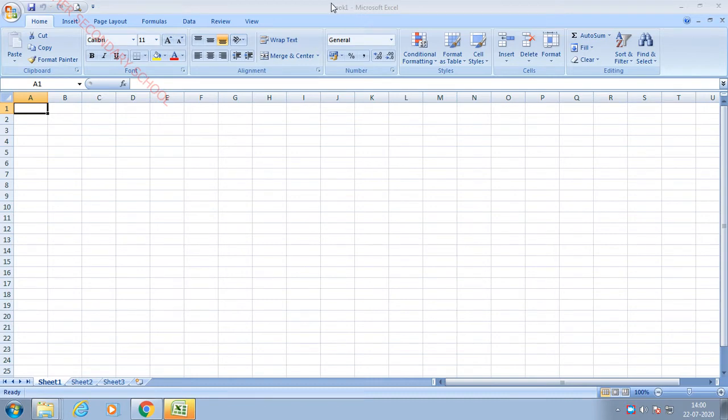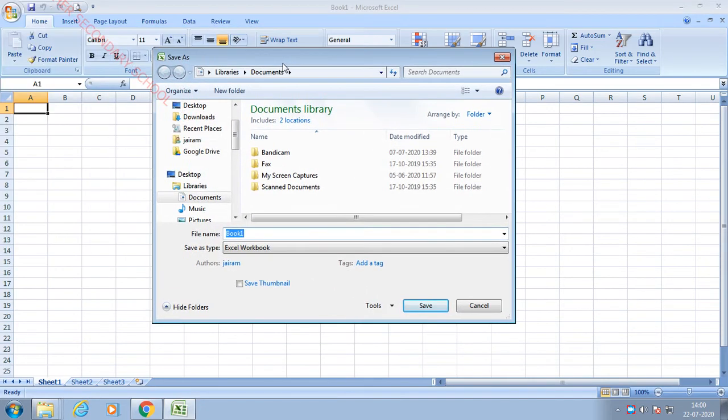If you would like to change the name of the Excel file, you can change it with the help of the save as option. Let us see how to open the save as dialog box. For that you have to press the office button. After pressing the office button, you will get a menu. Here you have to choose the save option or save as. Now I am going to click the save as option. After clicking it, you will get a save as dialog box.